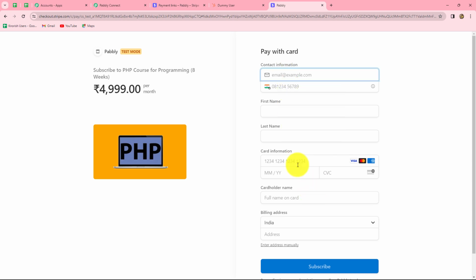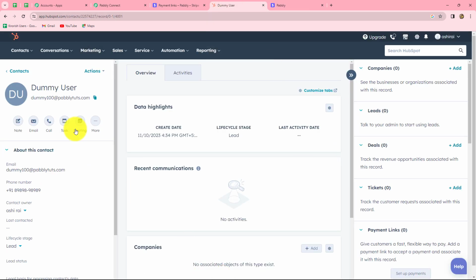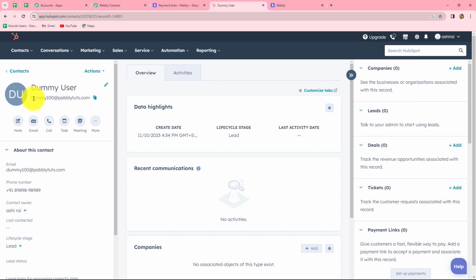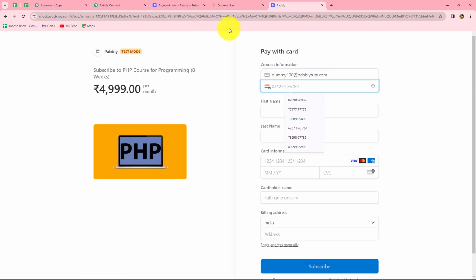But before making the payment, let me take you towards my HubSpot CRM account. And after coming here, we can find that this is the contact which I already have in my HubSpot CRM, dummy user, with this email dummy100@pabblytudes.com. So we have to assume that this contact is making the payment. So what I'm going to do, I'm going to enter the details of this same contact over here. So here I'm going to enter the same email. Let me copy it, and now I'm going to enter the same contact number, name, dummy user,